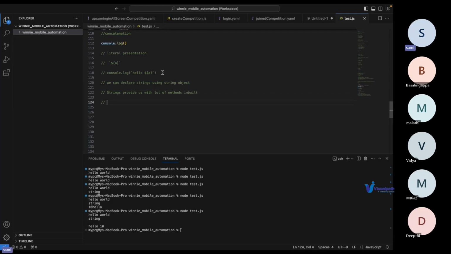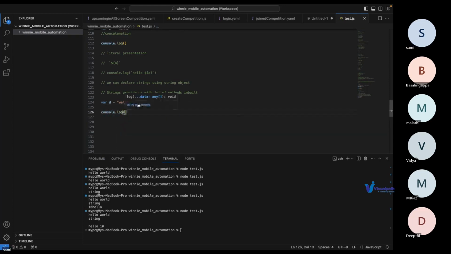Suppose I have a string, welcome. I want to find the total length of the string. I can do it manually like 1, 2, 3, 4, 5, 6, 7, 8, 9, but that is time consuming, right? So I will simply do